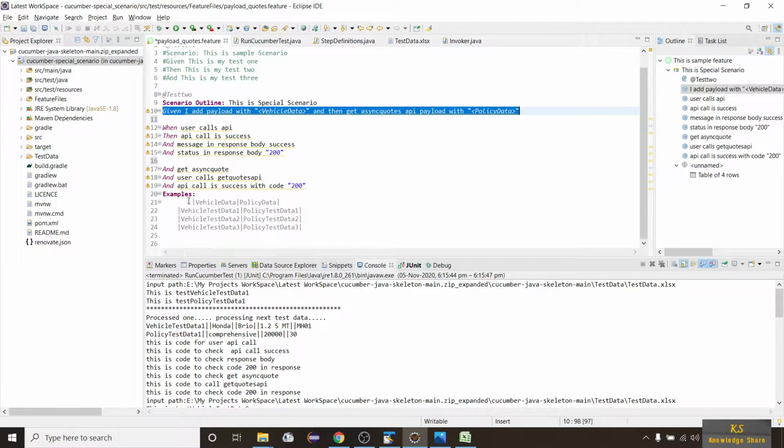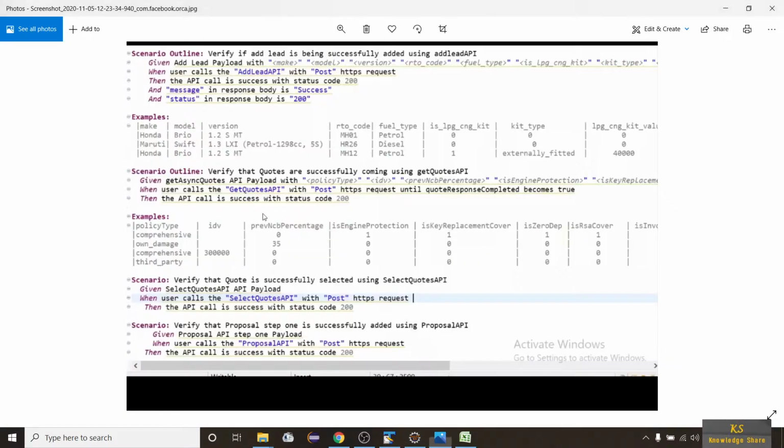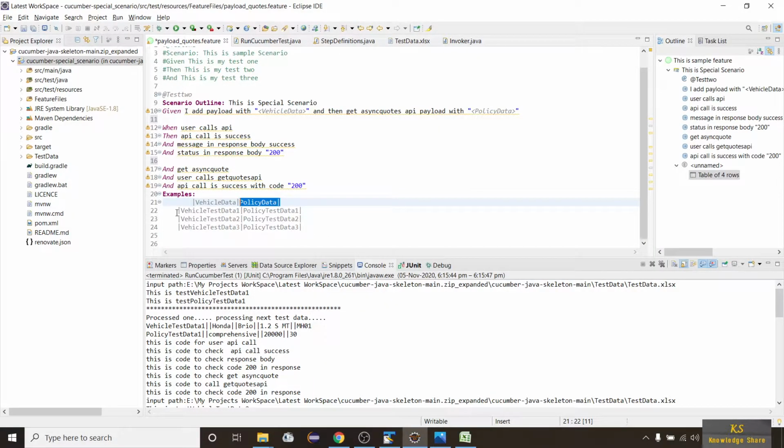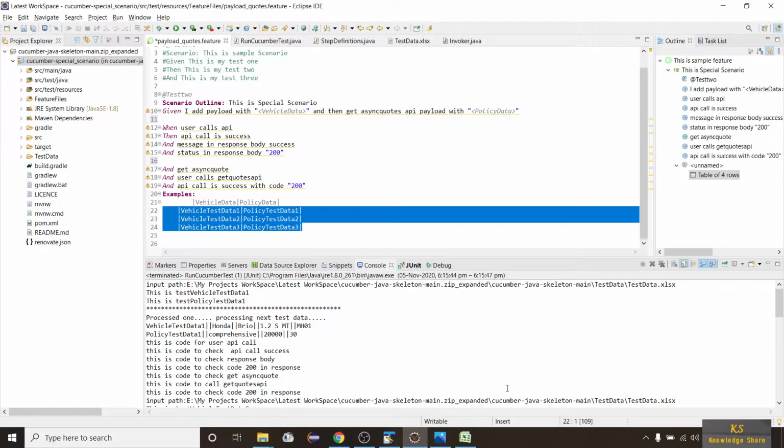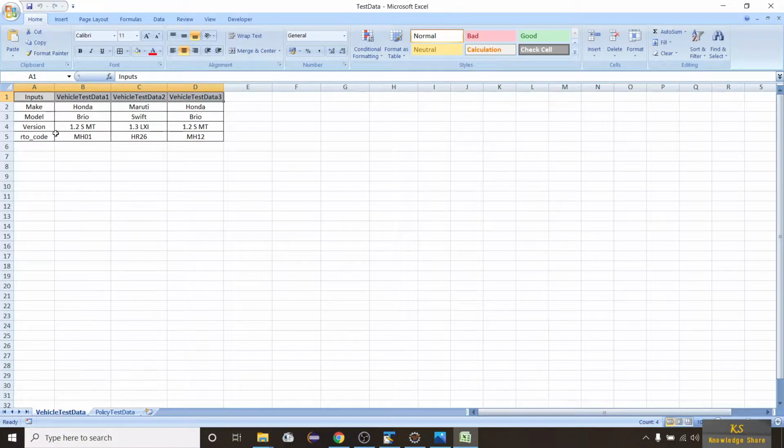So for that reason, you can see here vehicle data and policy data. I have considered this API payload as policy data, and vehicle test data 1, vehicle test data 2, vehicle test data 3, and the same way policy data. This is maintained in Excel, which looks like this. So there is no difference.